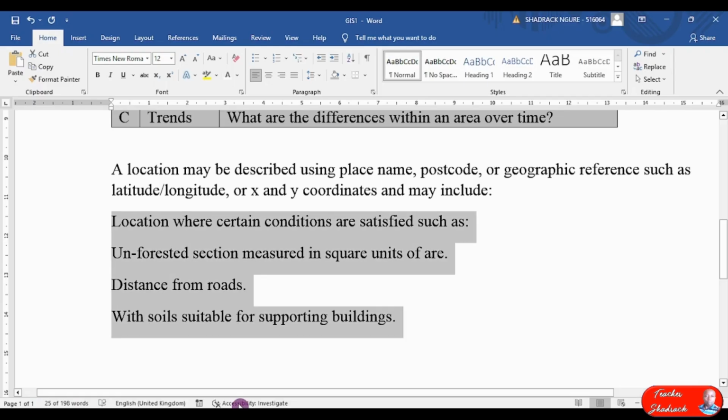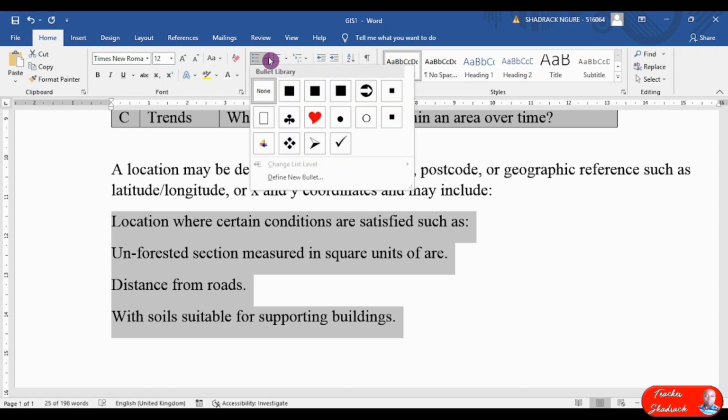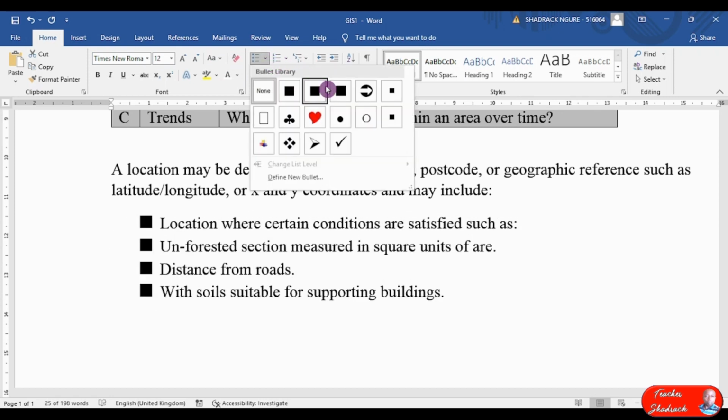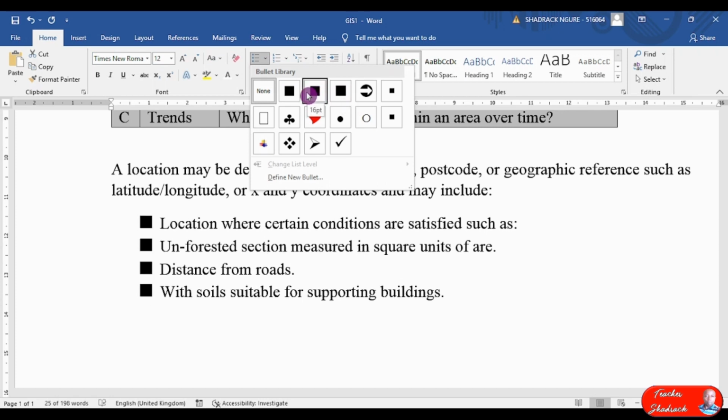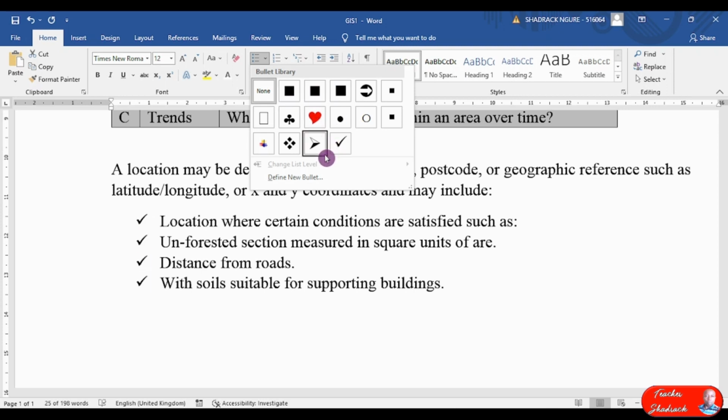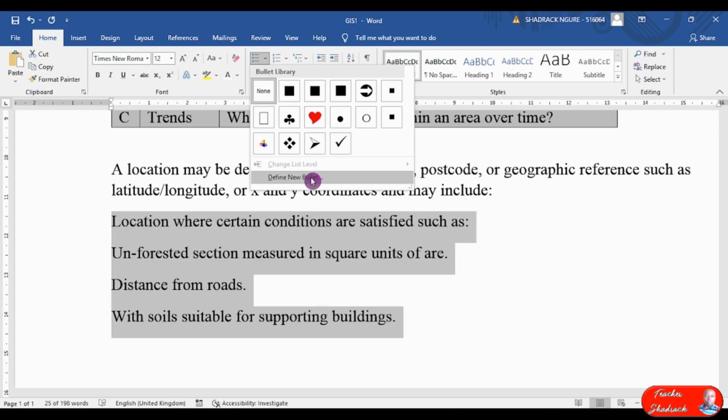What I'll do first is to handle the whole region, the selected text, to create the square bullets. So how do I achieve that? I'll go to the home menu, and then I go to bullets, and then there are the square bullets already available. I don't know whether they are in the right size, but let me choose a new bullet, define new bullet,